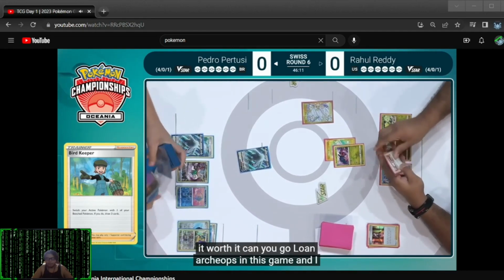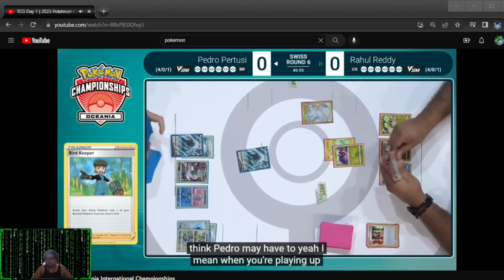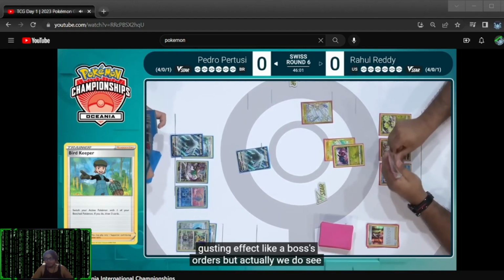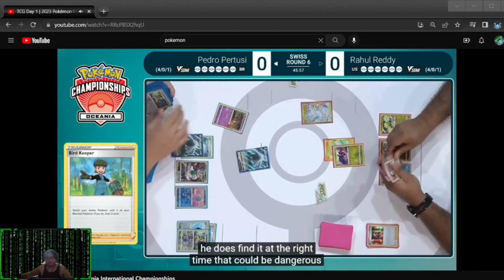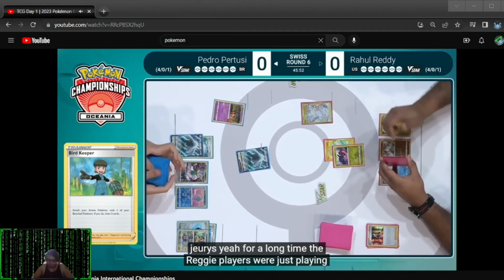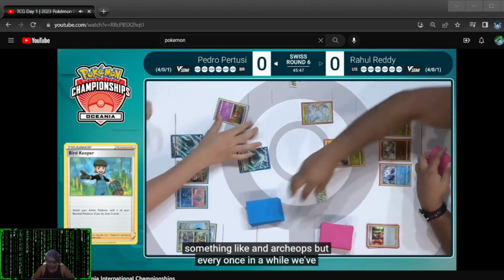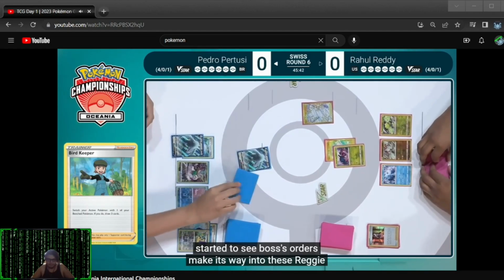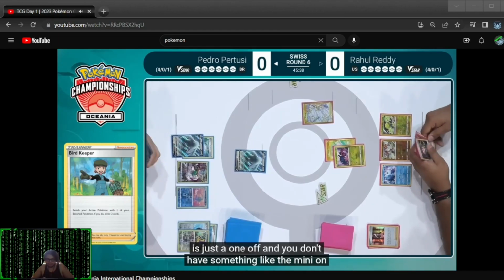Yeah, I mean, when you're playing up against the Regigigas, it's not very common to see them having a gusting effect like a Boss's Orders, but actually we do see Rahul playing the 1 copy. Ooh. So if he does find it at the right time, that could be dangerous. Yeah, for a long time, the Regi players were just playing 3 copies of Serena, and so you had no option to gust something like an Archeops, but every once in a while we've started to see Boss's Orders make its way into these Regi decks, and looks like Rahul has opted to bring that in here. It is just a one-of, and you don't have something like Luminion to easily find that supporter, so it might not be a likely feat for